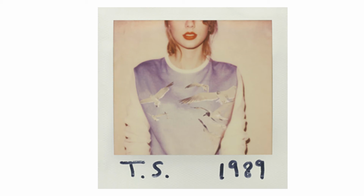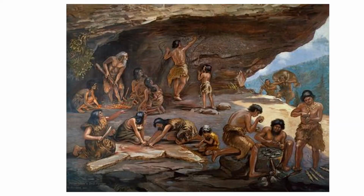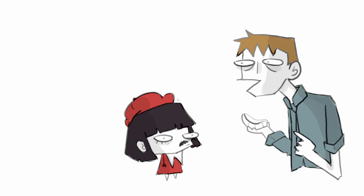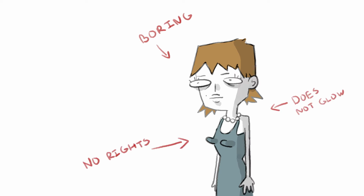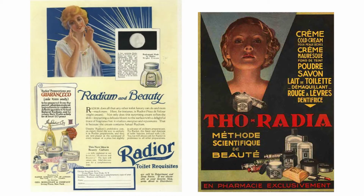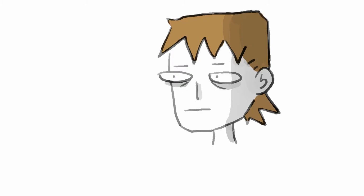The year is 1898, and a new element has dropped. Radium. And radium started a whole craze and had people putting it in everything, like how we did with the emojis way back. Like, hey, how can we make this jockstrap look all cool and original? Radium. And how do you make women more interesting and glow-in-the-darky? Radium. Yes, it was the chemical to yassify yourself with in the 19th century, promising you a healthy glow and